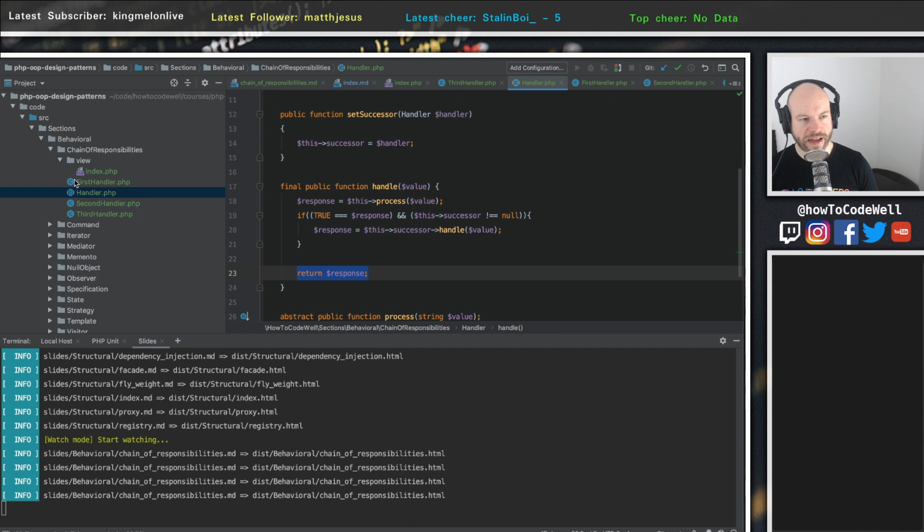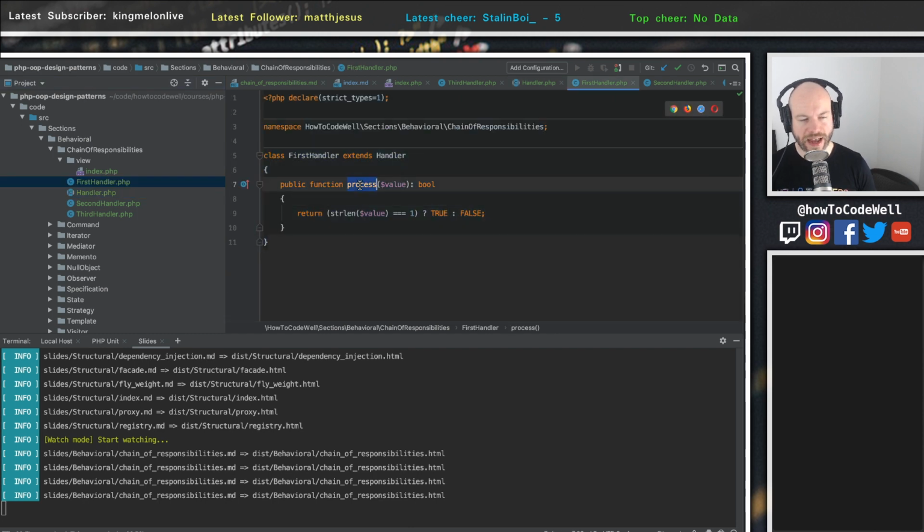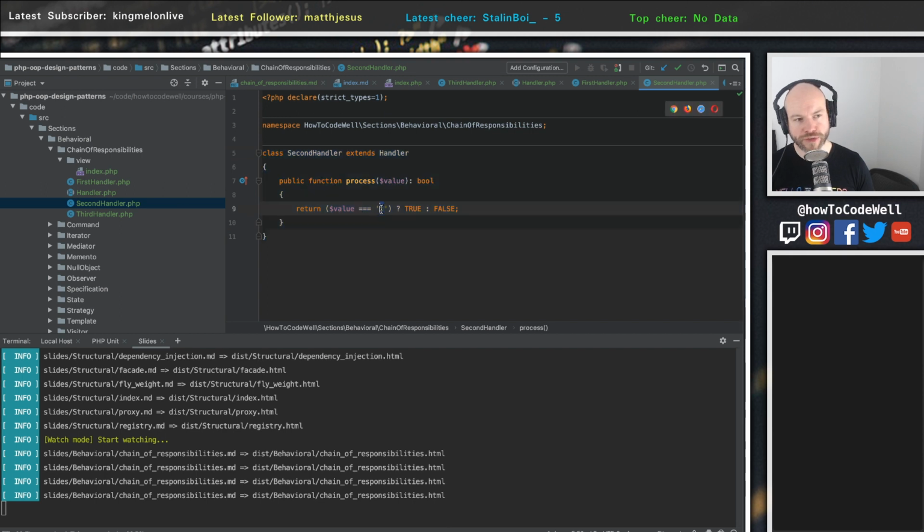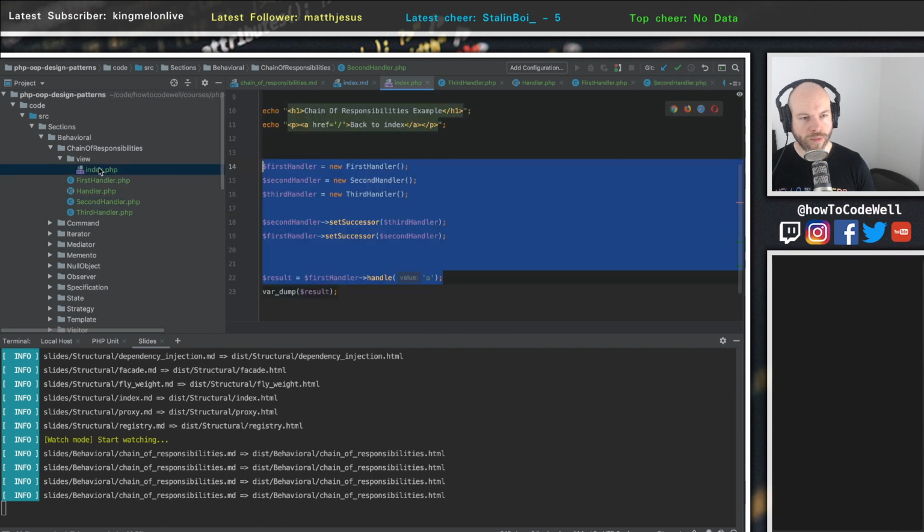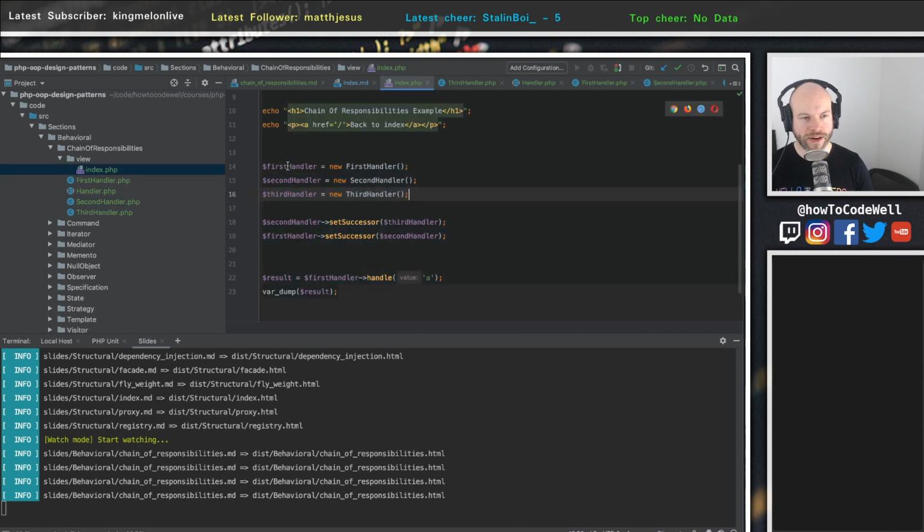This means that we can have these handlers here, and these handlers will have to have the process methods because they are extending the abstract handler. And then in the process, we do various processes. So this one here is checking the length of the string. This one here is checking the value of the string, and so on and so forth. And then when we set this all up in the client, what we're doing here is we're instantiating all of the handlers, and we're setting their successors. This is the order in which the responsibility gets checked,